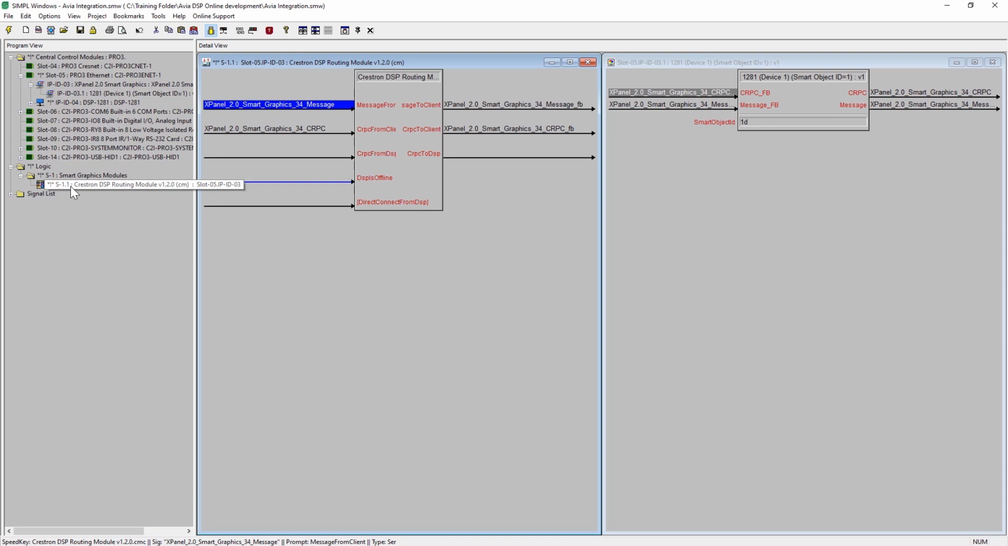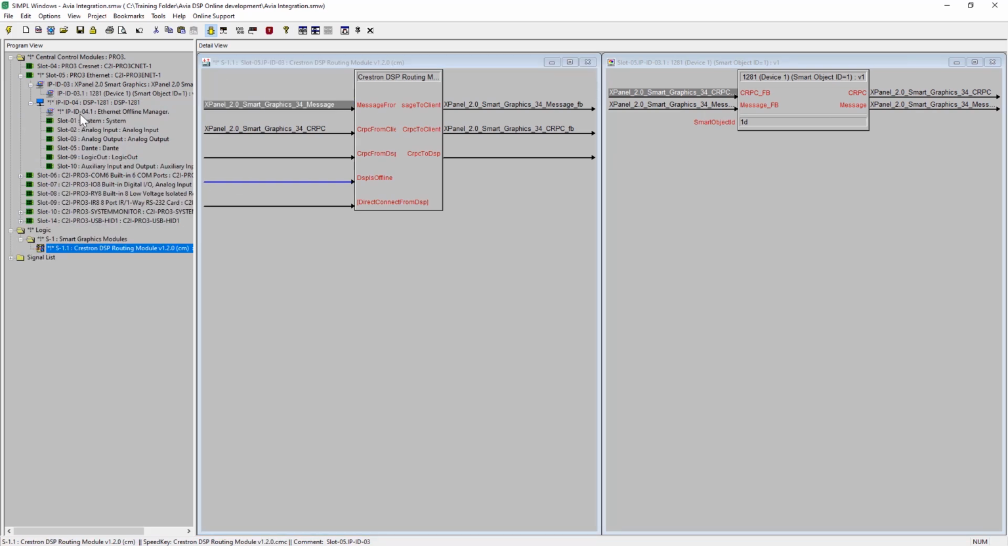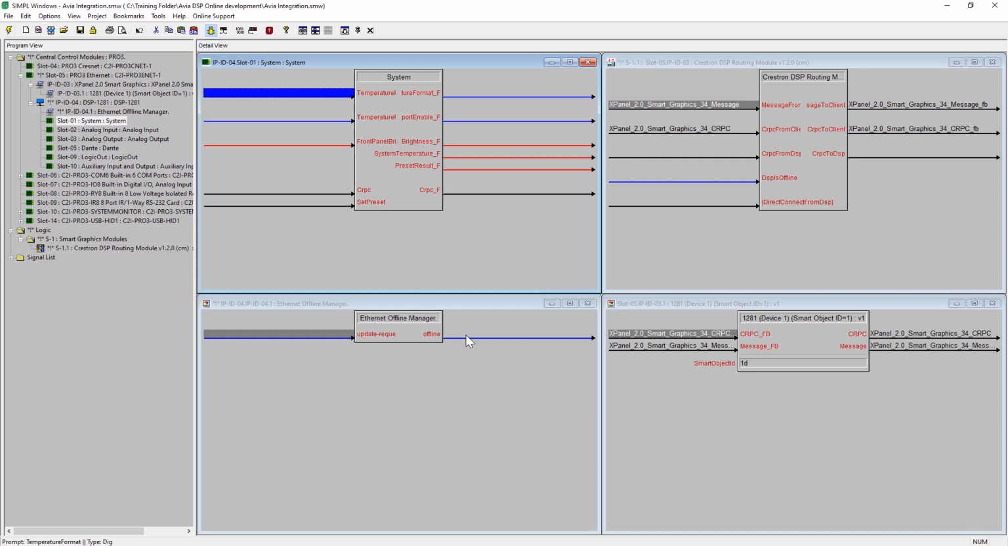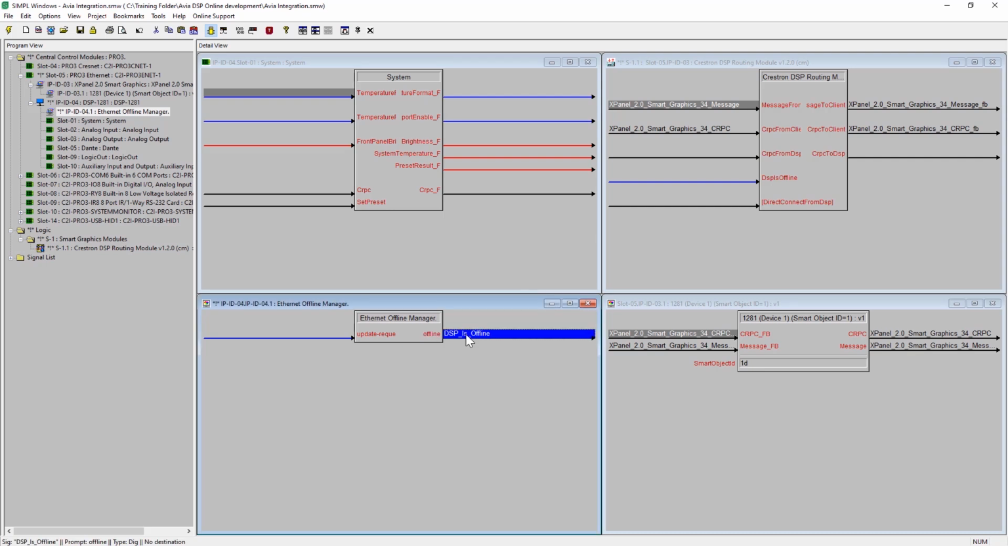Expand the DSP equipment symbol to reveal the subslots associated with the specific DSP. We need to open the first 2, the Ethernet Offline Manager and the System slot. Complete the Ethernet Offline Manager. The input signal can be commented out. Create a logic signal name for the offline signal and drag it to the DSP is offline input signal on